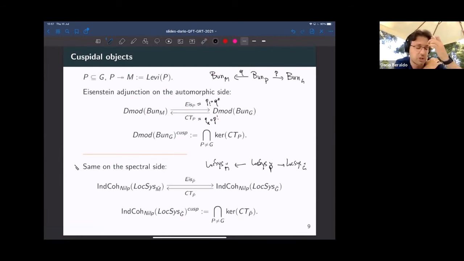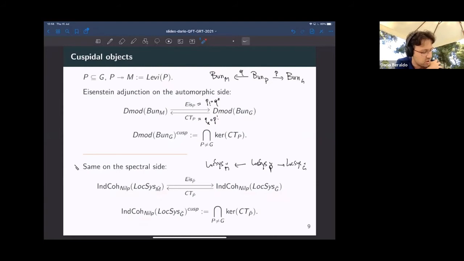The same functors, pull-push. Here you need to be careful. You need to prove that this nilpotent singular support condition is preserved by this pull-push, and it's proven by Arinkin and Gaitsgory in this paper where they introduced these categories. So that's all well defined, and of course it makes total sense by symmetry to define cuspidal spectral Langlands objects